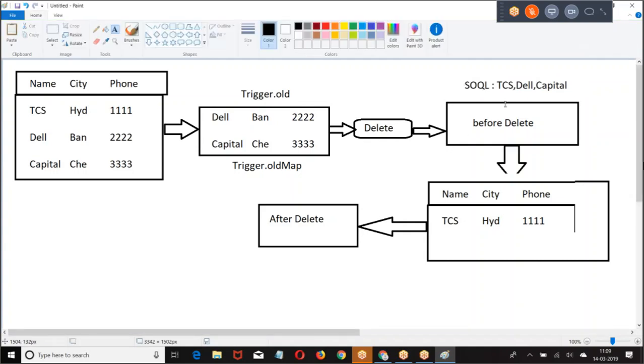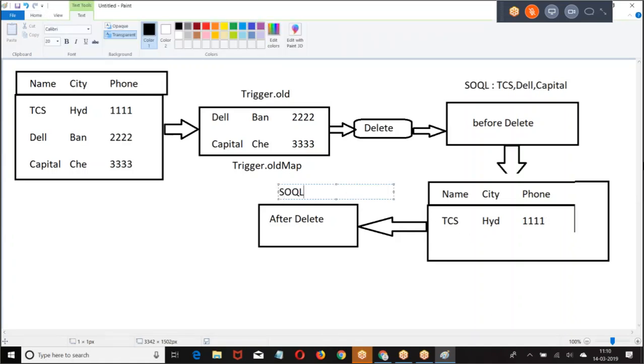Once the records are deleted, we are left with TCS. Then in the after delete trigger, if I write a SQL query, I am going to get only TCS.